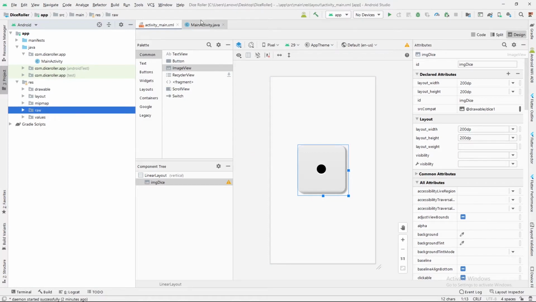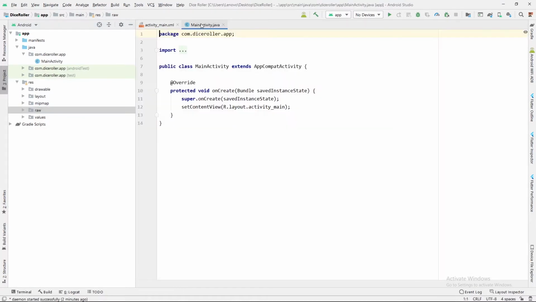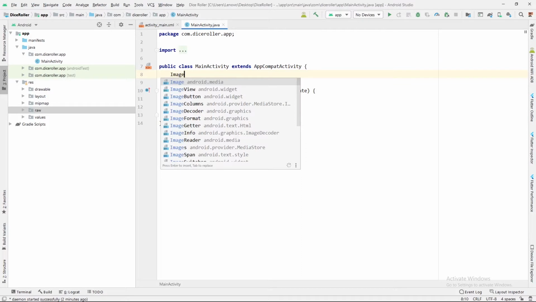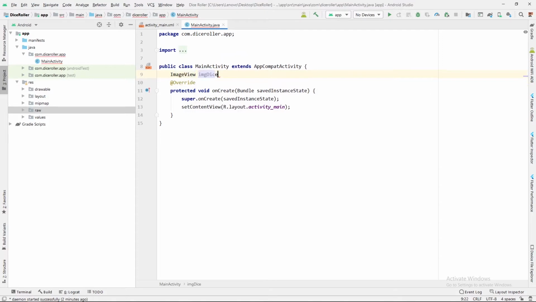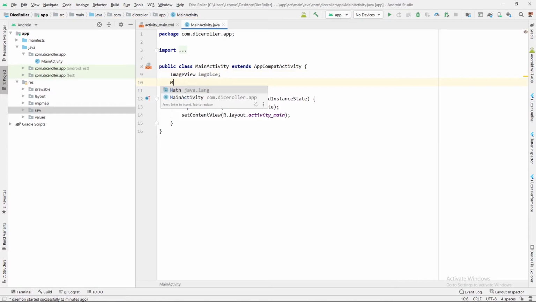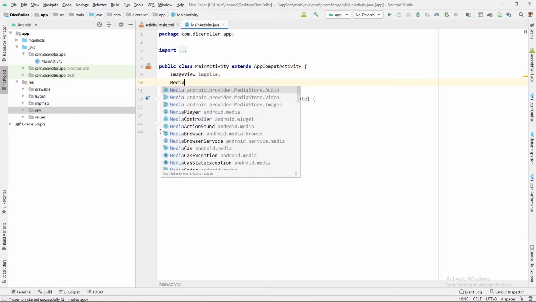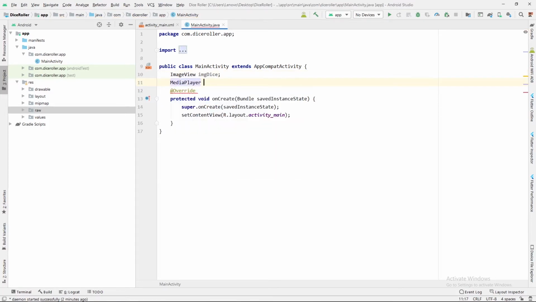Now we are ready to work with Java for our application, and here I will bind image view first. ImageView and then img dice. Generally this process we call it view binding. And let me declare one object for MediaPlayer class, because here we are going to create a media player to play the sound after dice rolling.